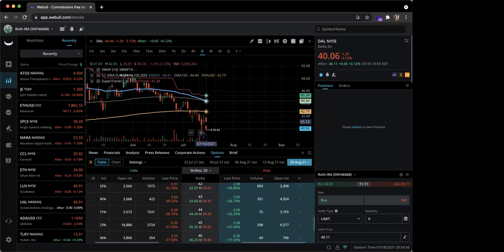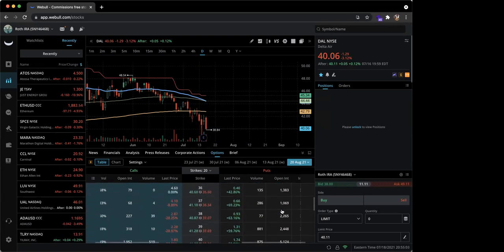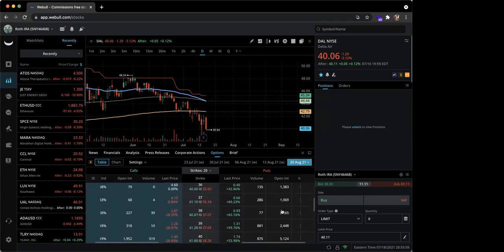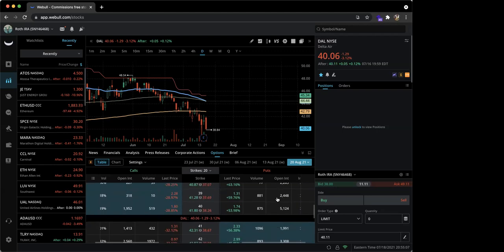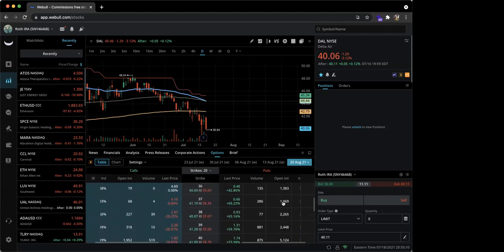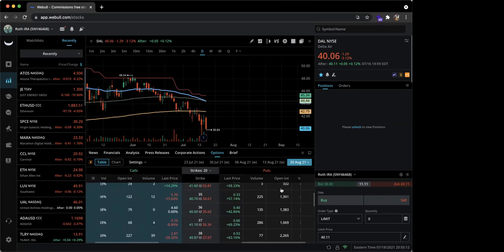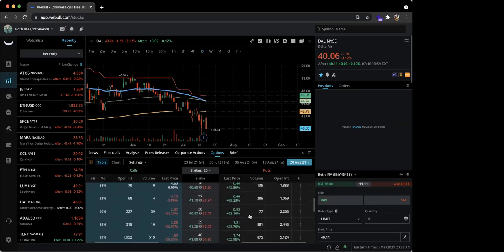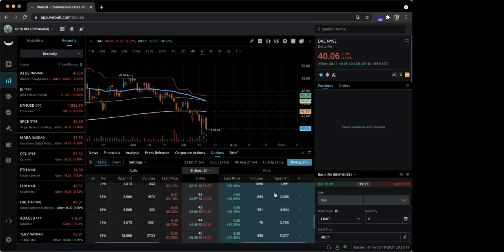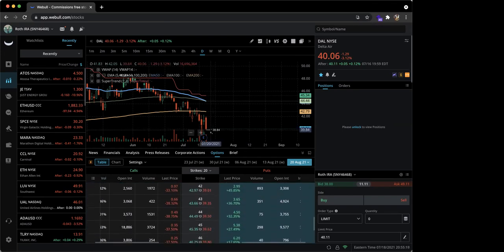So this is what happens when you're losing and you keep averaging down. These people are constantly averaging down in this position. Because there's not a lot of building up of open interest on the continuation of the fall here, right? People are starting to go ahead and take their money, because if people were betting against that, there would be a lot of open interest below the price, okay? But there's a lot of open interest above the price, which means that people are waiting on the travel industry to come back. So with this drop on Friday, that actually makes this even more prime real estate